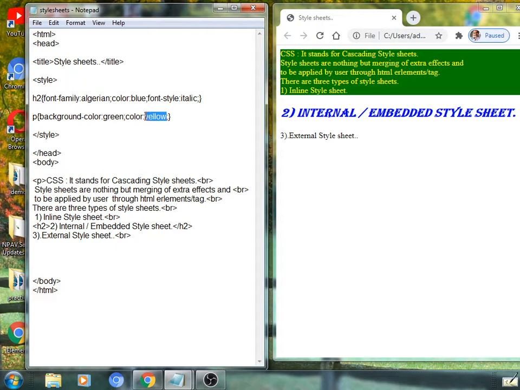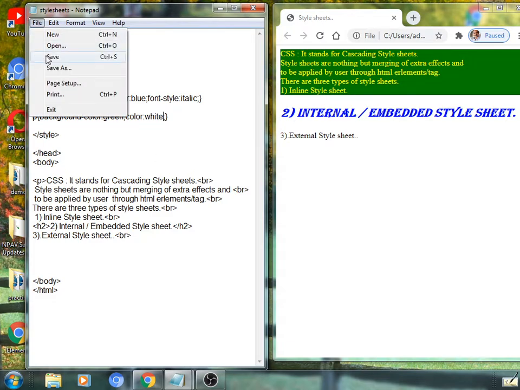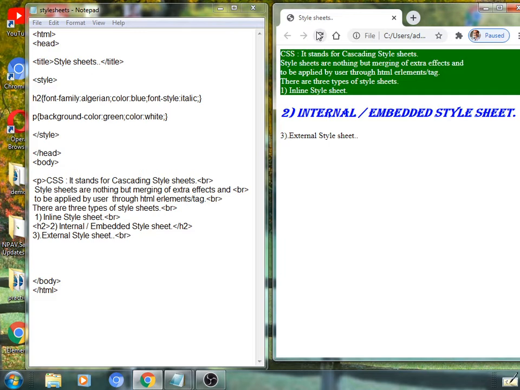Change the values for this, you will get more interactive effects. A page should be displayed in an interactive manner, like this. I have given color white, so text is in a white color, like this. So it's an internal style sheet we have made here. I would like to give the effects of style sheets in the simplest form, and on limited content we have applied this.